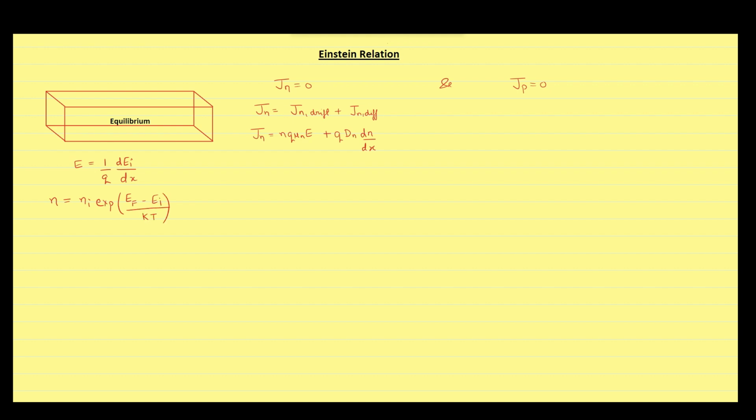Now, if we differentiate the free electron concentration with respect to distance x, then we will get intrinsic carrier concentration multiplied by differential of (EF minus EI) divided by kT with respect to distance x, multiplied by exponential of (EF minus EI) divided by kT. It will give the differentiation of free electron concentration with respect to distance x to be equal to